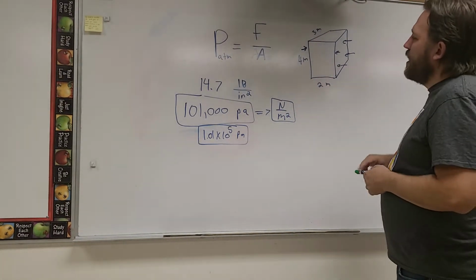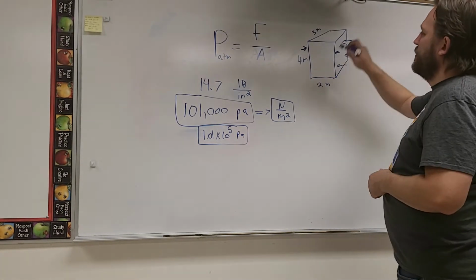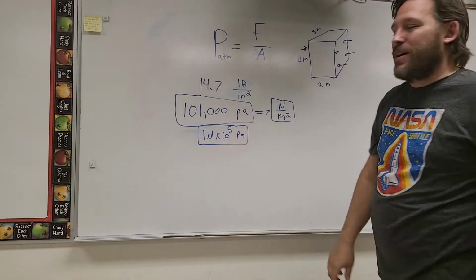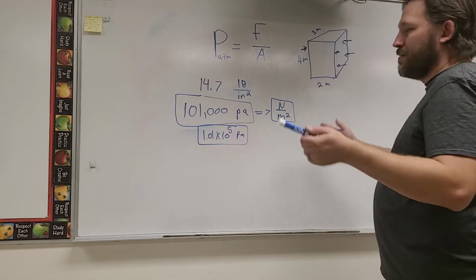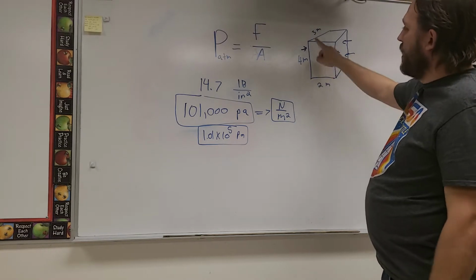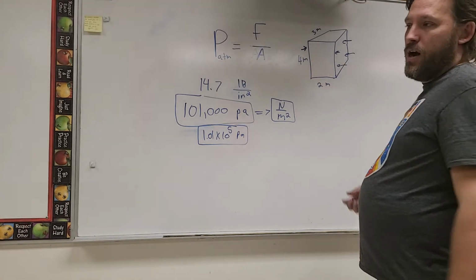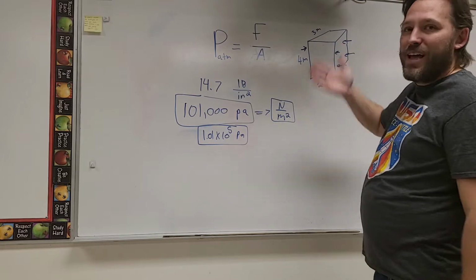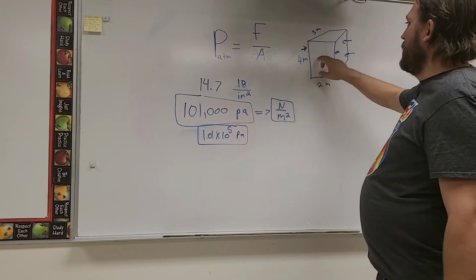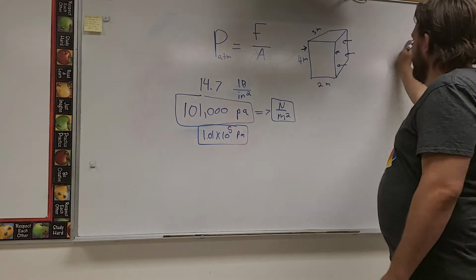Okay, let's find the total surface area pressure on this parallelepiped. Rectangular prism, that's the word I was thinking of. It's also known as a rectangular prism, parallelepiped's the technical name. But anyway, if we find the area of this face, we just multiply it by 4 to get the area of all faces that are in the same plane all the way around, and then we'll get the top and bottom face. So 4 times 2 is 8. There are 4 sides with an area of 8. So we get 32